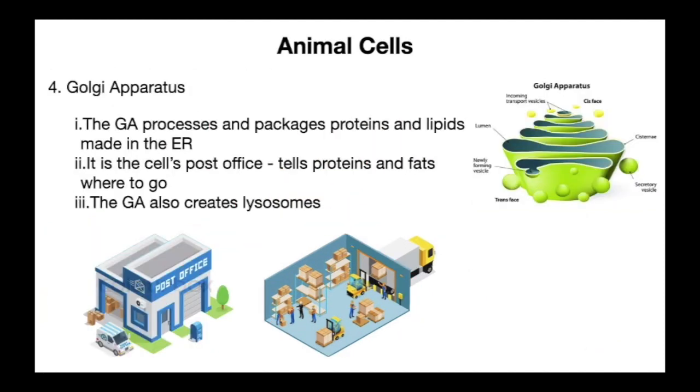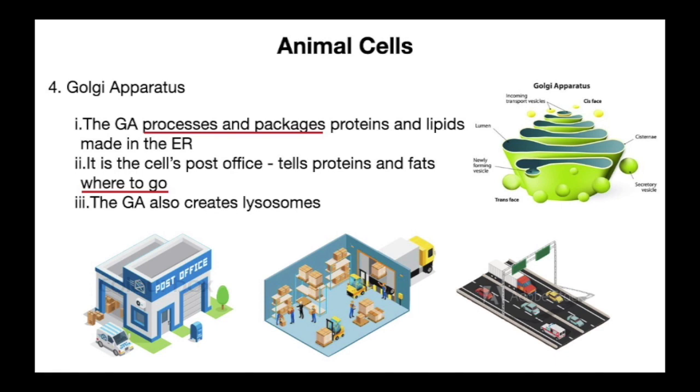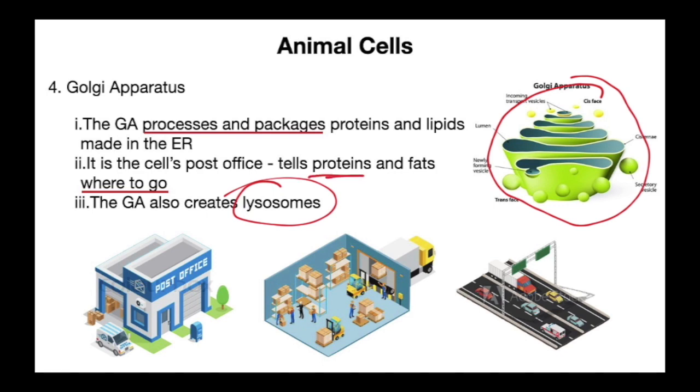The Golgi Apparatus, again for packaging and processing. It's like the post office. It tells proteins and fats where to go. And the Golgi Apparatus also creates these things called lysosomes, which we'll talk about later. But here's the Golgi Apparatus. Looks sort of like the endoplasmic reticulum. And it tells proteins and fats where to go. Okay,